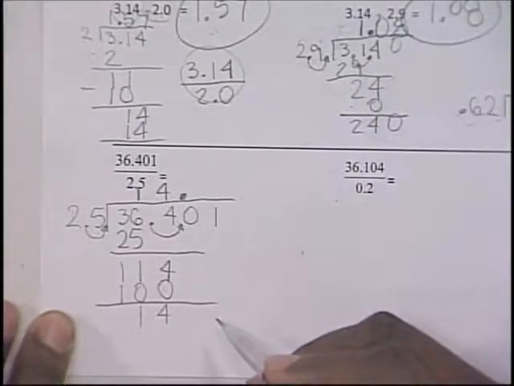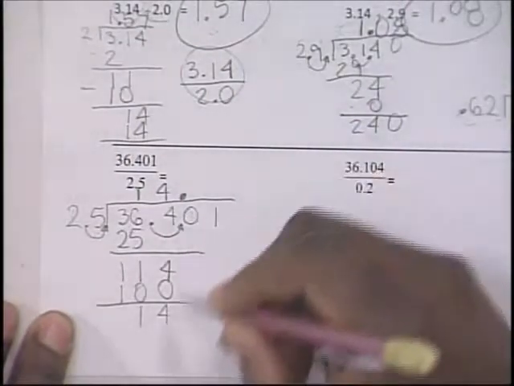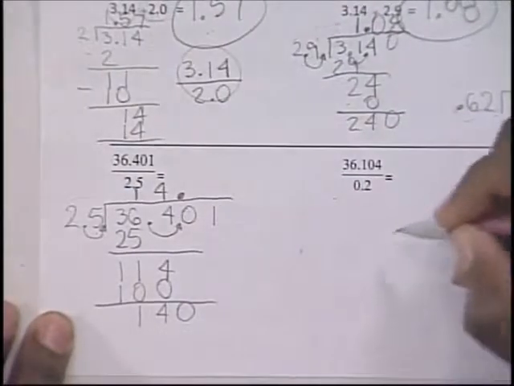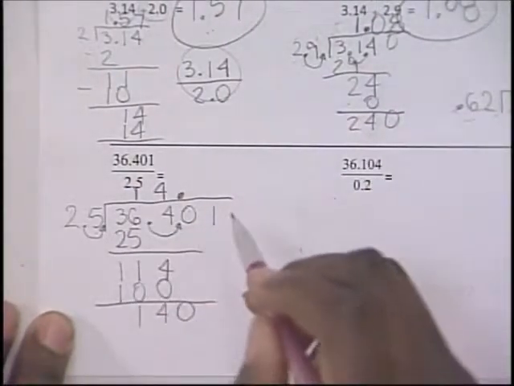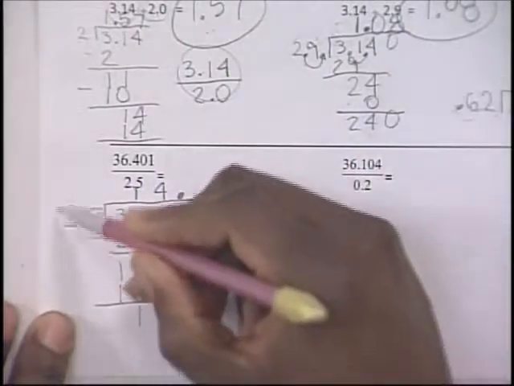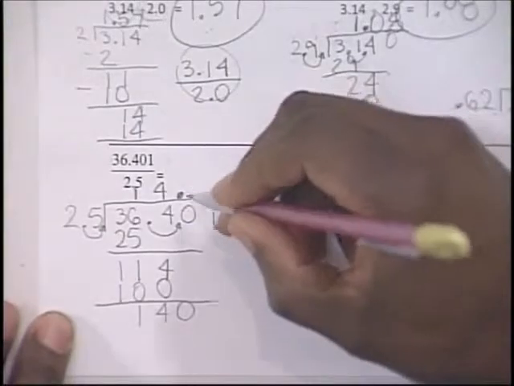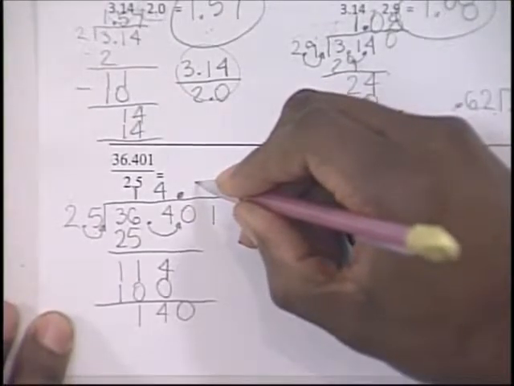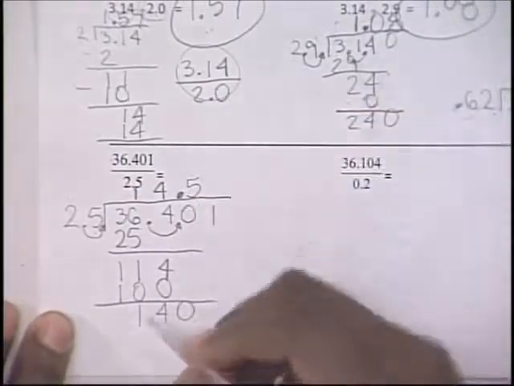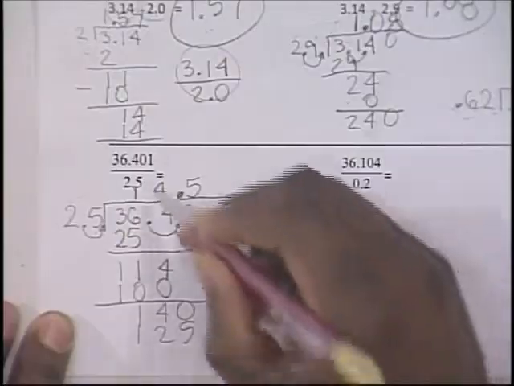After you subtract, I ask you to bring down one number. You bring down a 0, and then after you bring down, we ask you to divide one more time. So how many times does 25 go into 140? 25 goes into 140, 5 times, forgive me. And then you get 125, and let's just stop right there because